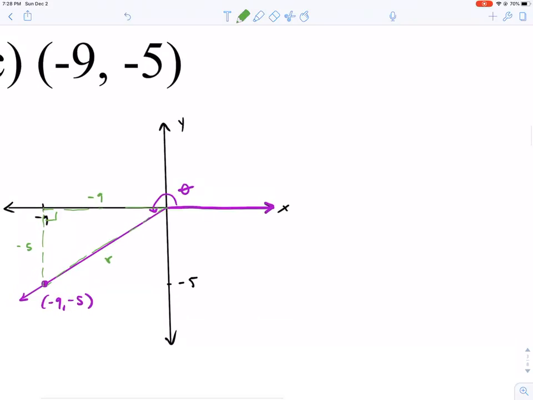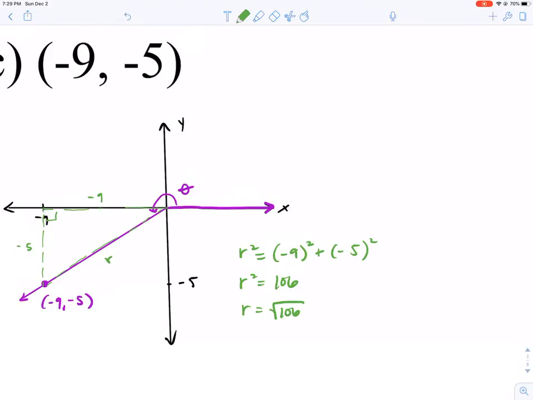We can use the Pythagorean theorem: r squared equals -9 squared plus -5 squared. So r squared ends up being 106. So r will be equal to the square root of 106,